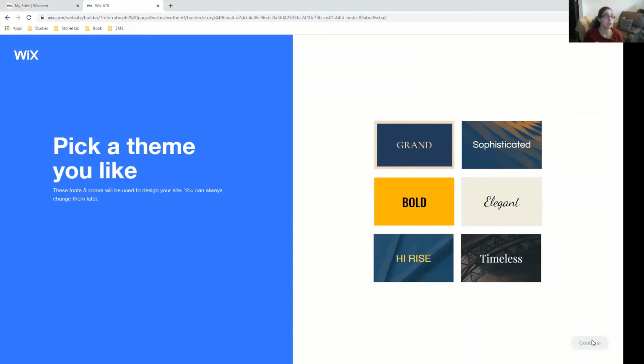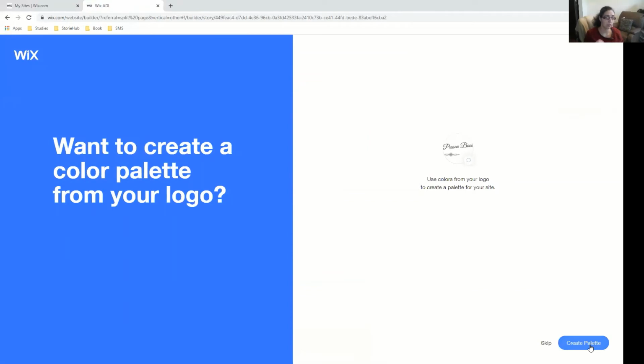Picking a theme is really crucial, because if you hover on the boxes here, it'll give you a palette of the colors that you can choose from for your site. You can have bold colors, or you can have softer colors. I prefer this one, so I'll just go with the timeless theme. And it'll also pick the colors from the logo that you have. Now I have a logo which is black and white, so it'll not have too much of an option.